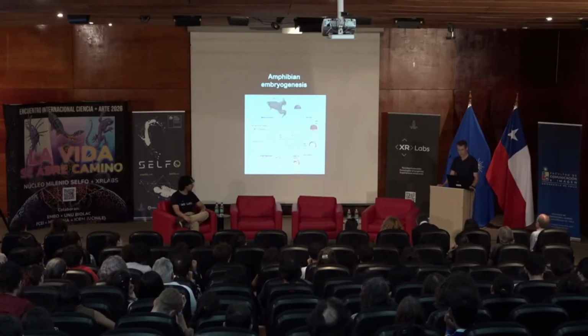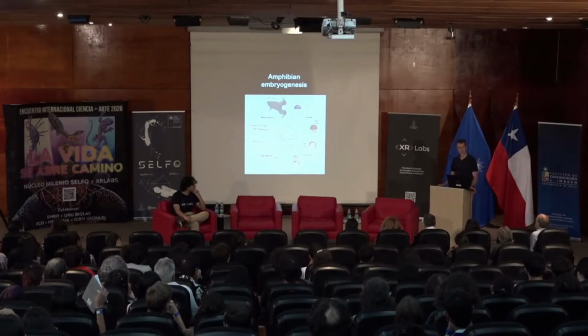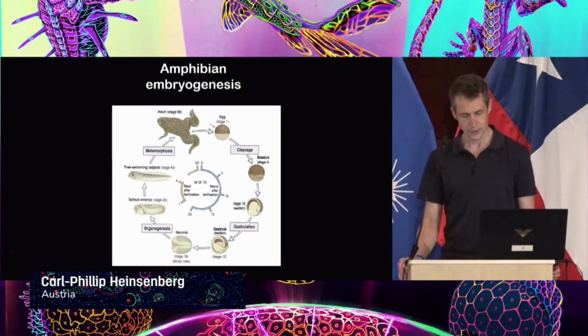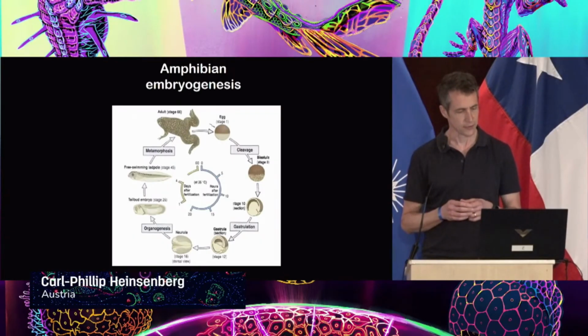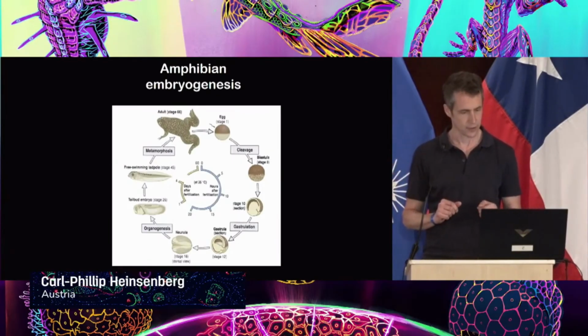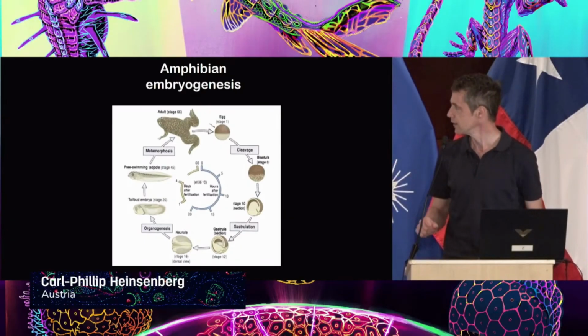Good. So what I would like to speak about is the history of self-organization, how it has arisen in developmental biology. One of the first experiments on this phenomenon of self-organization in early embryo development was done on amphibian embryos. And I just put here one example of an amphibian, Xenopus laevis, a frog, and the different stages of Xenopus laevis